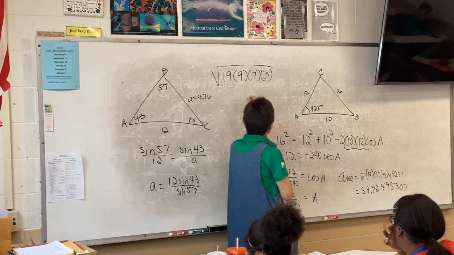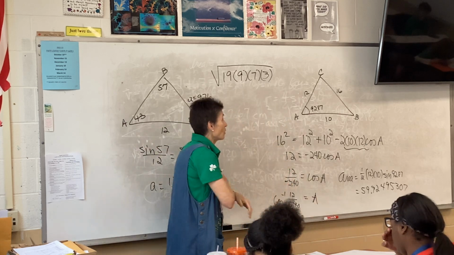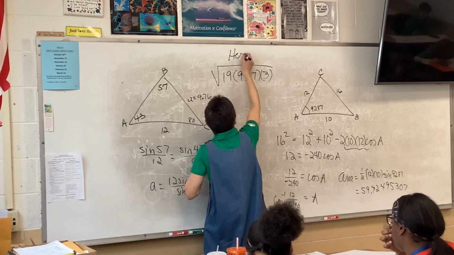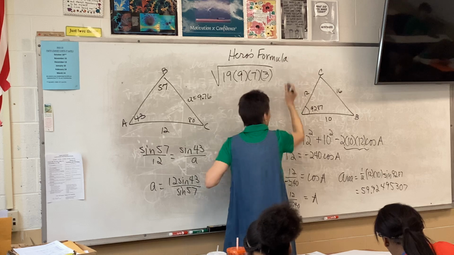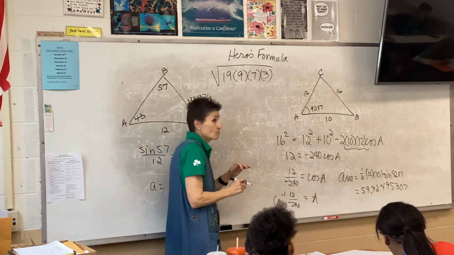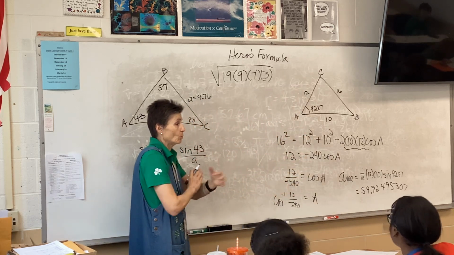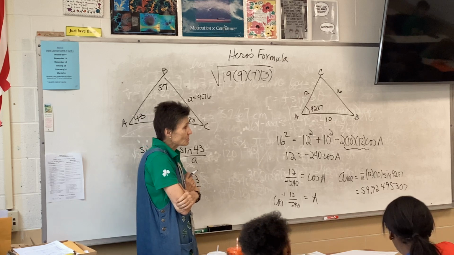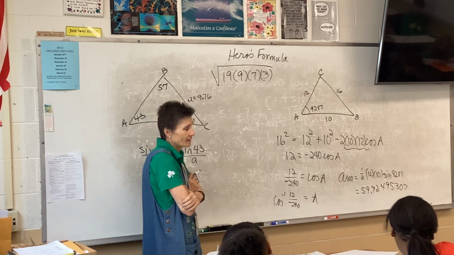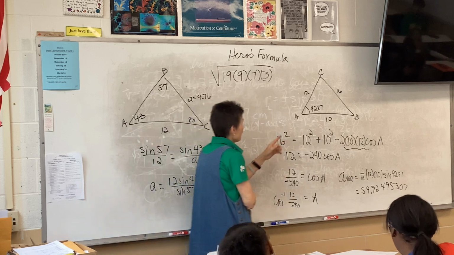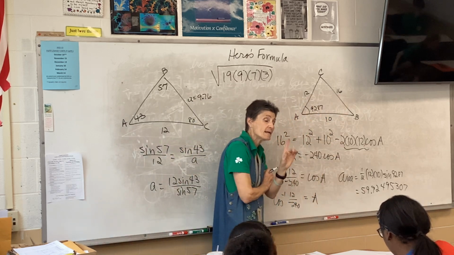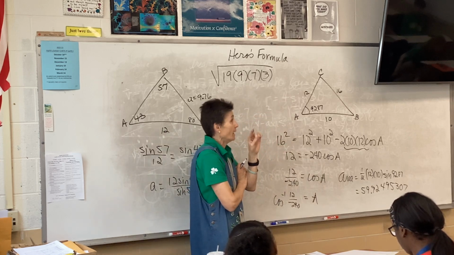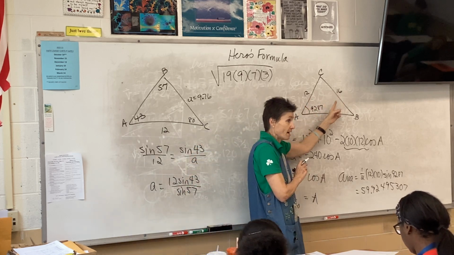So, this little formula right here is called Hero's formula. The guy's name was actually Heron of Alexandria. We're talking about a formula that's centuries old. Here's what this really smart guy figured out. If you know all three sides of your triangle, and we never use Hero unless we have all three sides,